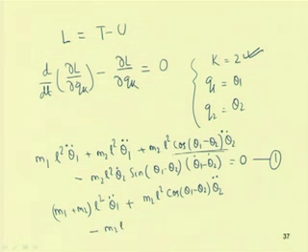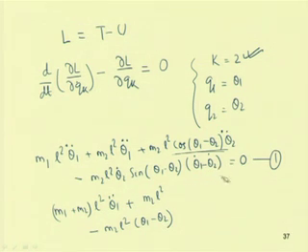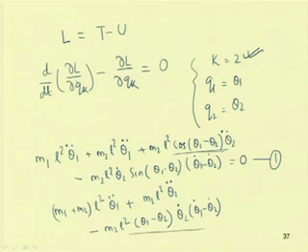So, this is m2 L square, and one can see this term theta 1 minus theta 2. If I take this small also, this will become theta 2 double dot minus m2 L square (theta 1 minus theta 2), then multiplied with theta 2 dot multiplied by (theta 1 dot minus theta 2 dot). So, one can have this cubic nonlinearity in this case,